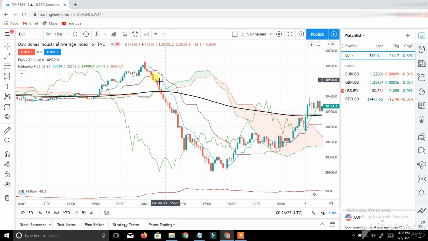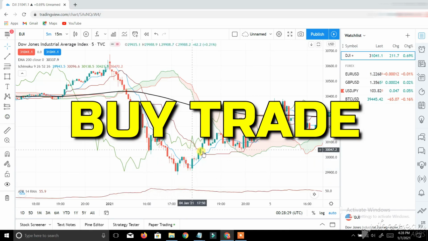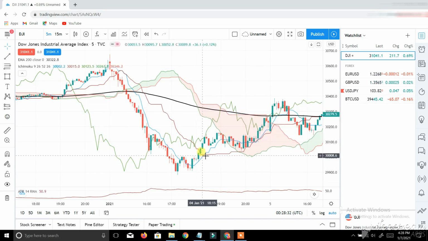As you can see, this black line on this chart is the 200 exponential moving average line, which helps me split price into two and shows me where buying and selling momentum and pressure is, like which phase of the market we are in. Okay guys, so at this point you can see there's a cross on the conversion line and the baseline. So I'm looking to get in on a trade